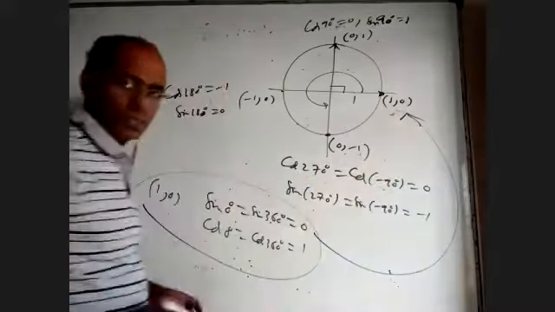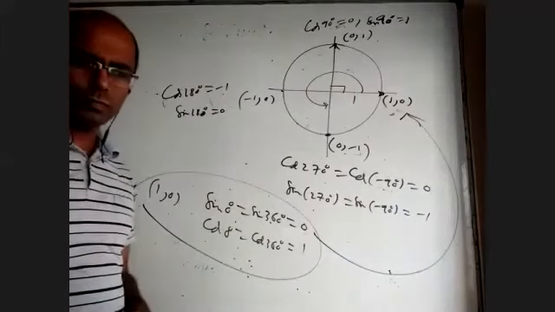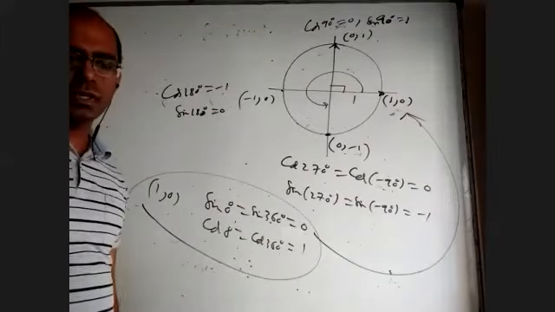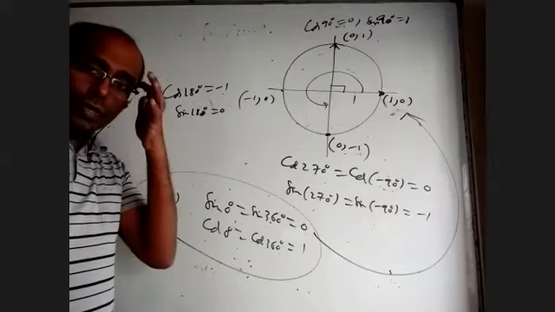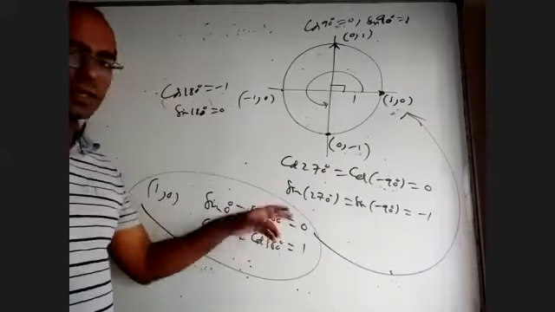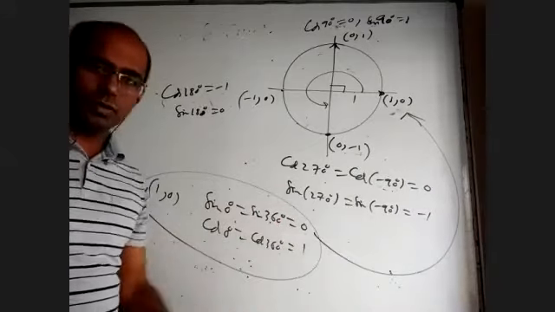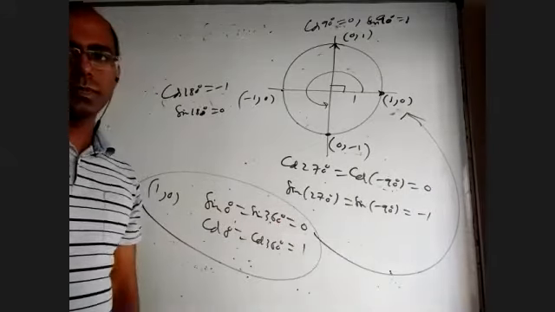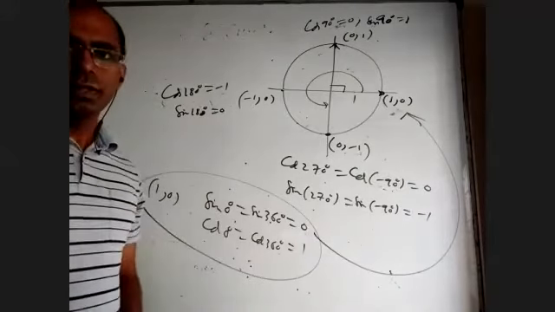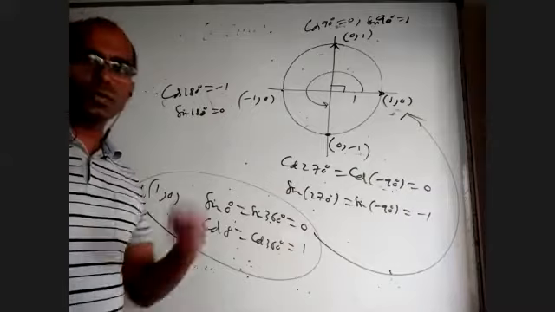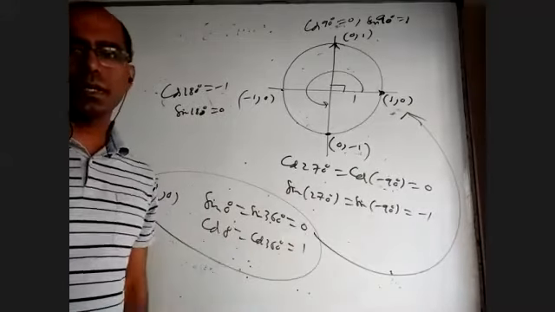Sir, you took a radius of 1 unit? Yeah, I took a circle of radius 1 unit. Sir, then if we take 2 units? Then you have to divide by 2 now. The formula is x coordinate by 2, you'll get 2 by 2, 1 only, same answer. The advantage with unit circle is directly x coordinate is cos theta, y coordinate is sin theta. If it is some other radius, x coordinate by r is cos theta, y coordinate by radius is sin theta.